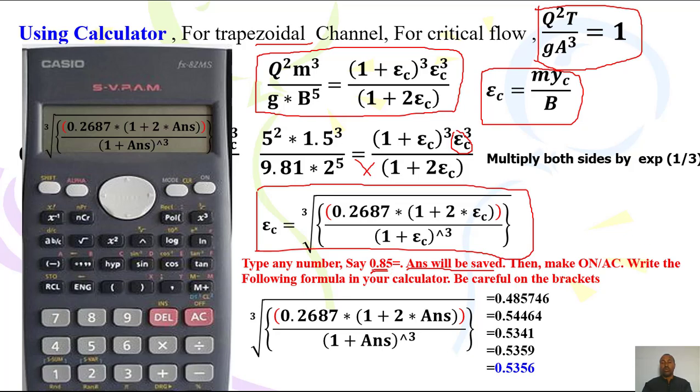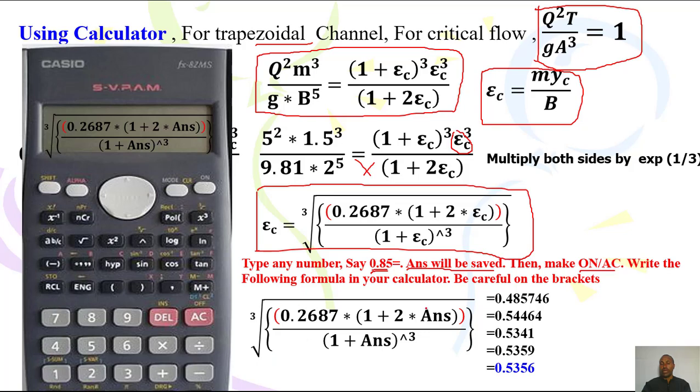Then make your calculator on. Write the following expression without any equal sign, just the cube root of. You can see in this calculator, if you write the cube root of this one, be careful with brackets. If you miss one brace, it will not be okay. So let us see the cube root of